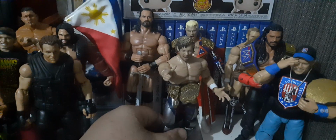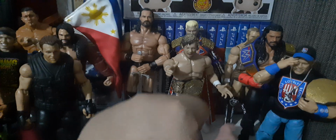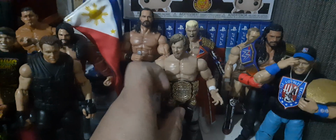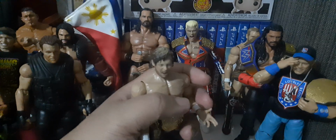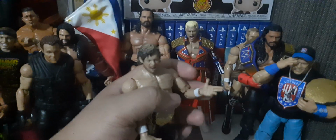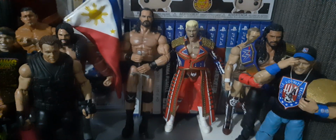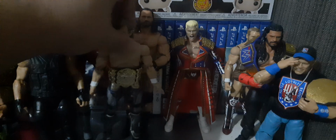So this completes the EVPs for me and the Elite, since I got the Young Bucks on a prior visit to Green Hills. It's a store where you can buy mostly affordable items. There's also a section for toys and stuff. So it's like a hub, really. If you want to buy something, you can actually find it there. So we'll just place, oh no, Kenny here,